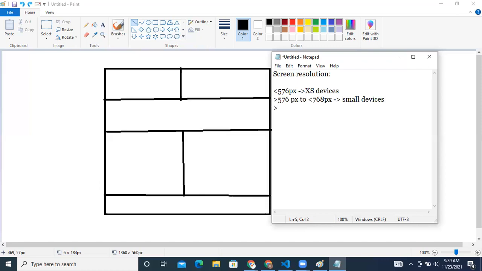If it is greater than 768px and less than 992px, it is considered as medium devices.